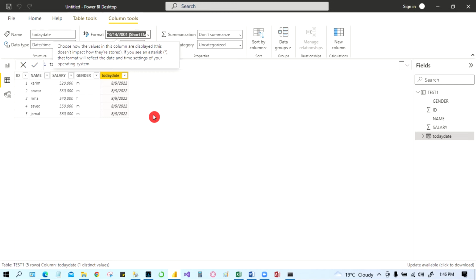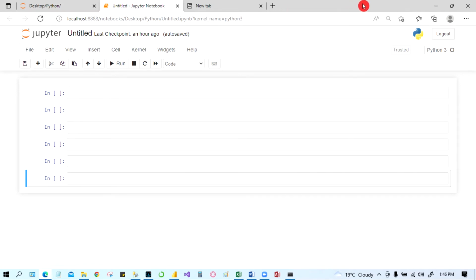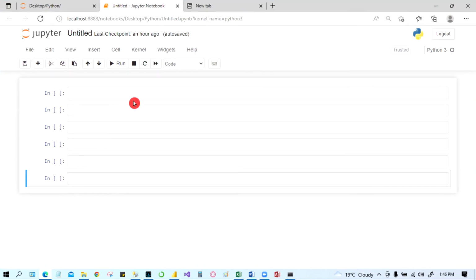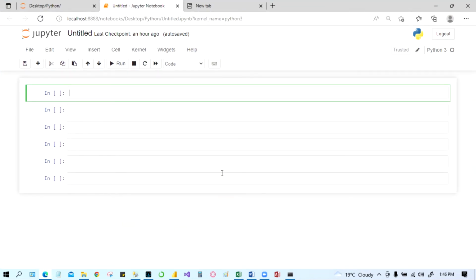Okay, now you can see all the changes in SQL Server, Power BI and Excel. How about Python? Here is the Jupyter Notebook, used for data science. In order to get today's date, from datetime you have to import date. So you have to write from datetime import date. If you just run this,